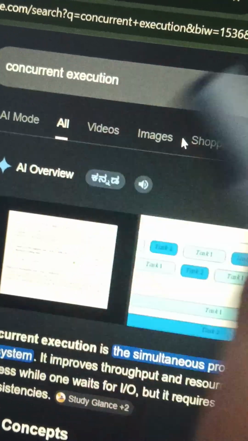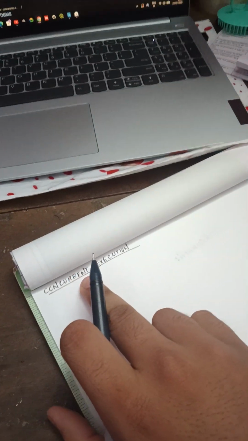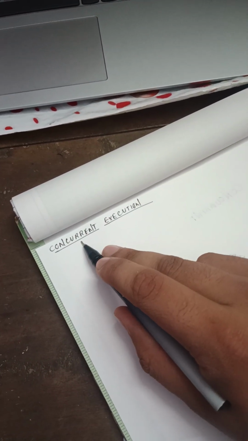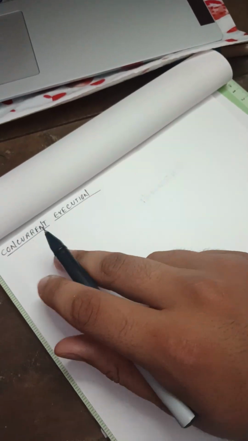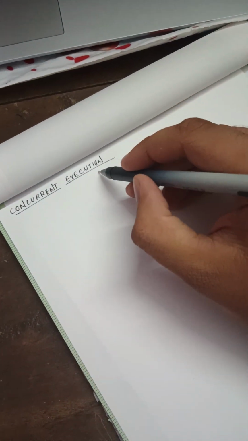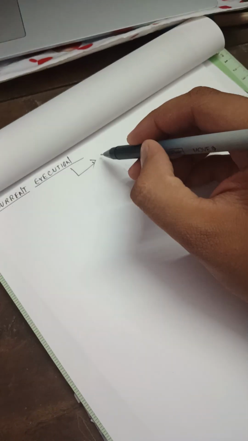Let us learn about this. The concurrent execution. So in order to understand concurrent execution, first we need to understand what concurrency is. Concurrency might be a hard word, so let us break it down in simple terms. Concurrent execution is also termed as